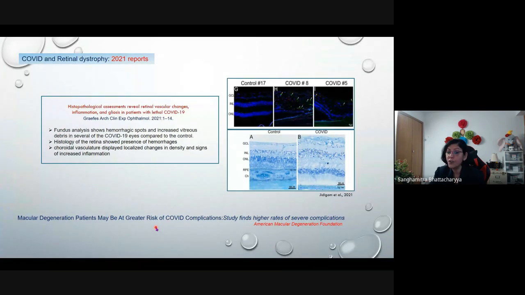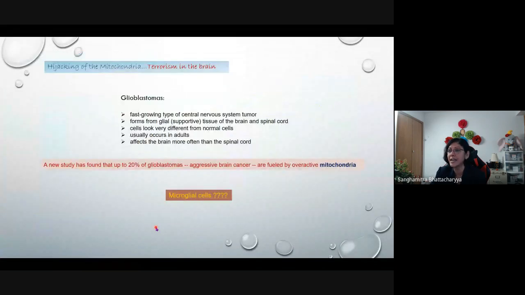So far, we have seen how mitochondria behave under this sort of negatively stressed environment. We also have gathered some idea about the cause and effect of oxidative stress, very preliminary ideas. But I think it would be an injustice to this wonderful audience today if I do not mention one last very interesting feature of the mitochondria that has come up very recently. It is termed mitochondrial hijacking, and it is